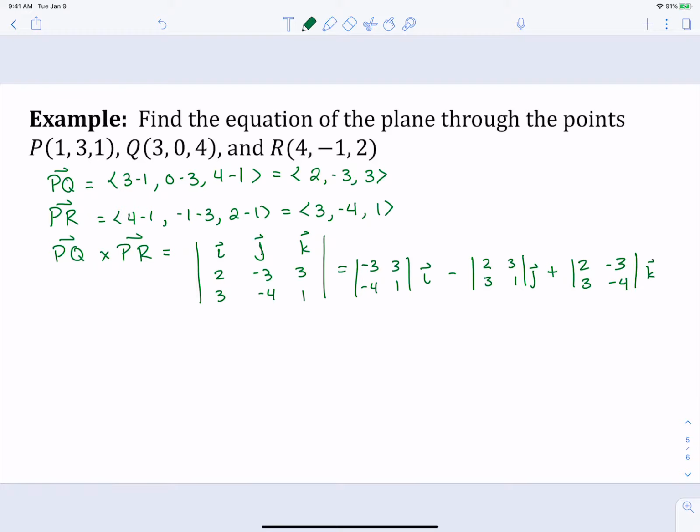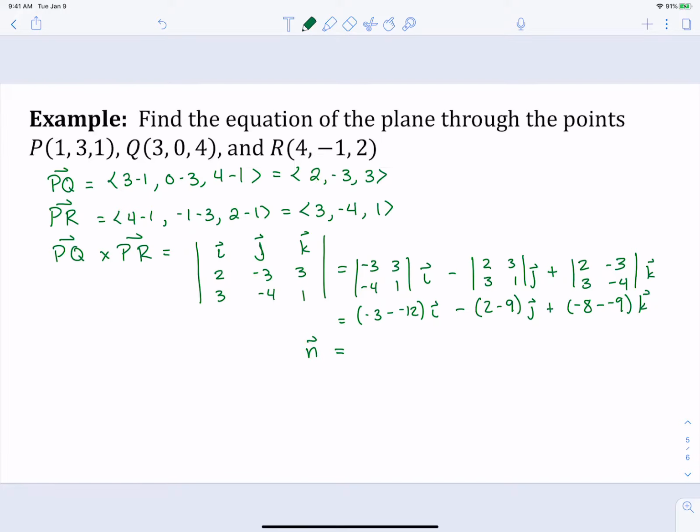All right, and then our determinant for our coefficient of K is using the 2 columns that are not the K column. All right, so again, remembering each of these, we multiply and subtract, we multiply and subtract, and we multiply and subtract, and we get,